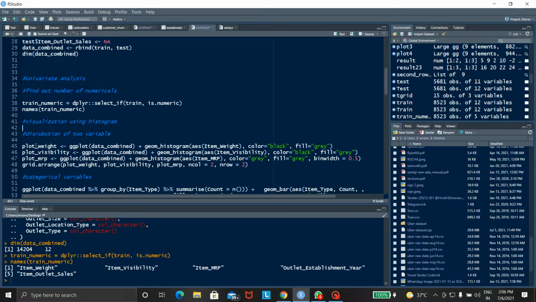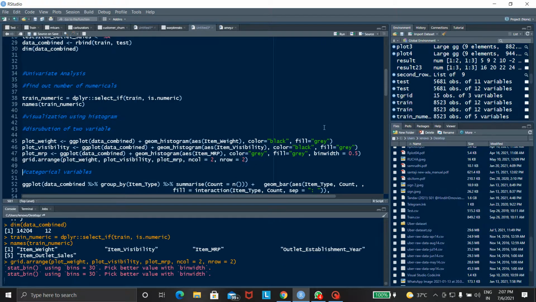Here we visualize the data using histograms. First is a plot of weight, second is a plot of visibility, third is MRP. This is the program for plotting the visualization using histogram. And the last line of the program is grid arrange. Grid arrange means the output comes in a single photo.